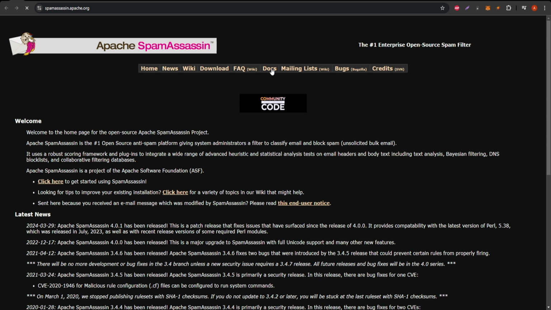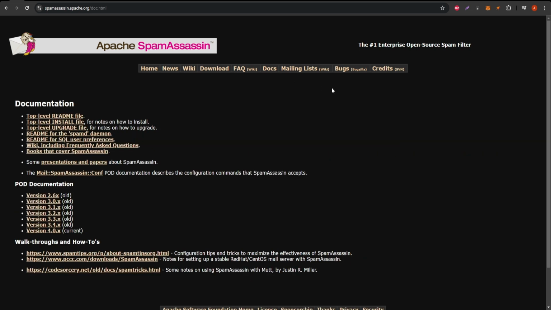However, SpamAssassin isn't without limitations. Setup and configuration can be complex for new users, as it requires basic knowledge of system administration. Without a proper configuration, some legitimate emails might get flagged as spam, or some spam emails might get through. If you're not comfortable setting it up on your own, you might need some IT assistance to get the most